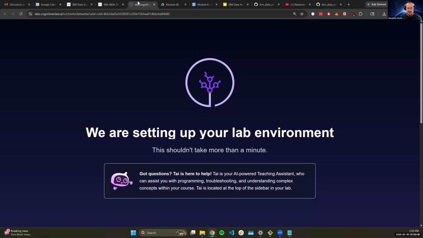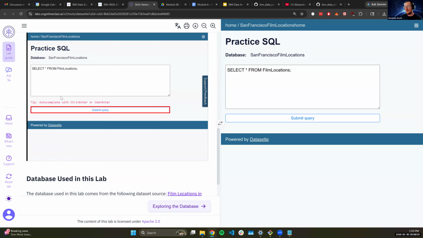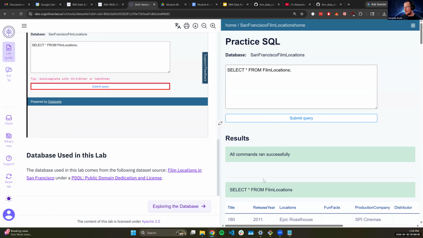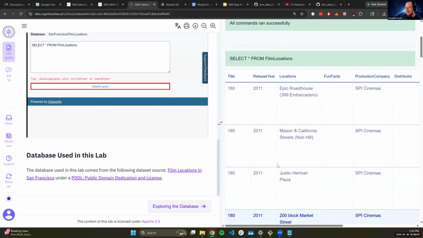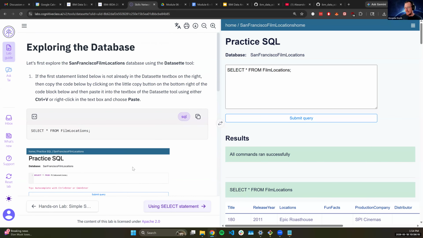It's not a notebook and it's not like an actual MySQL server. It's literally just an interactive user interface where you can practice writing queries and stuff. So here we go. We want to write this query, select star from film location, submit it. Wow, we wrote a query. Good job, us. Notice this doesn't look like a notebook. It just looks like an interesting user interface. So this will be the first type of activity you'll see this week.